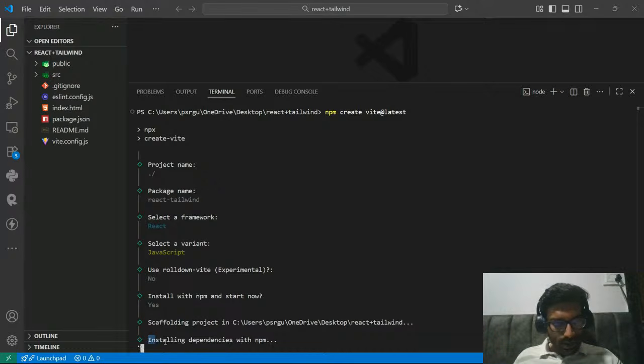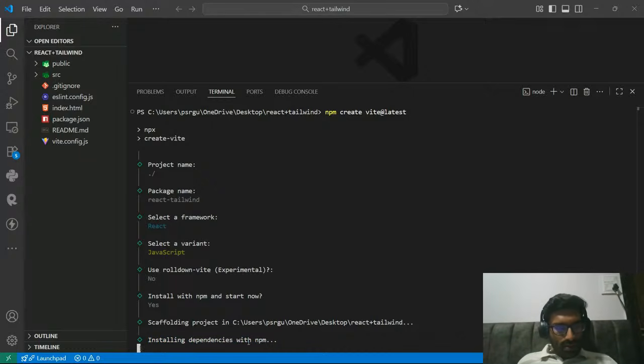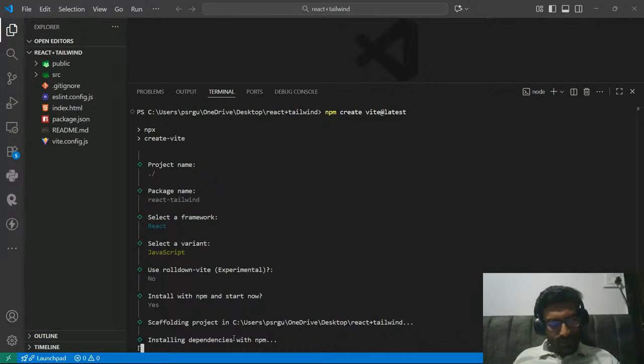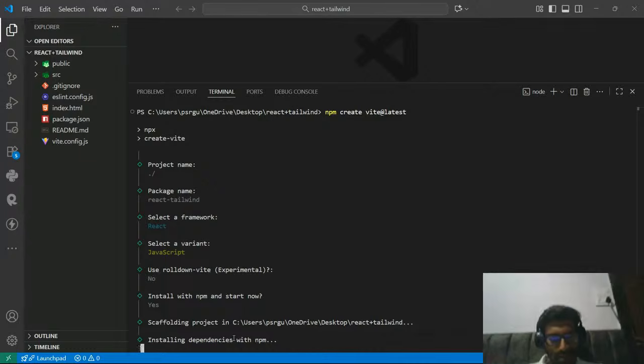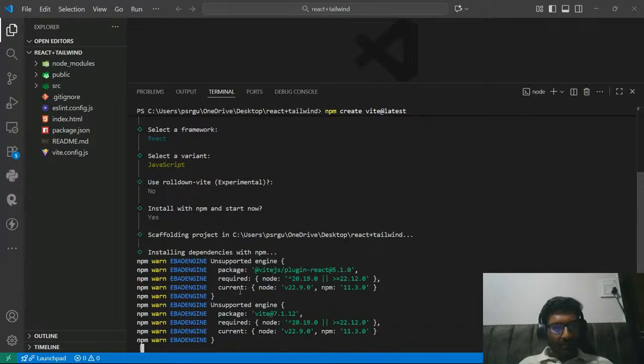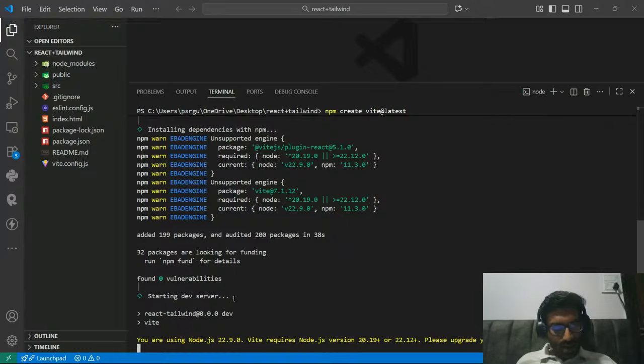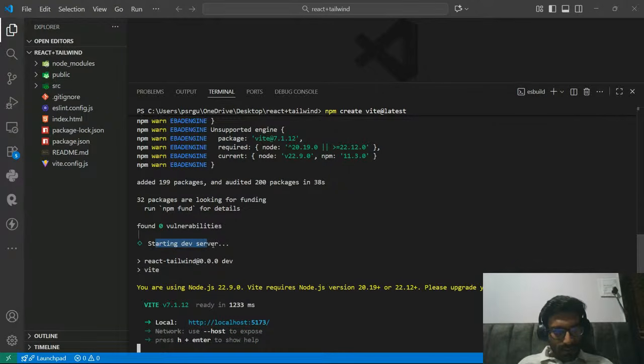You can see it is installing all the packages from npm, and it will also start my project. In a moment we will get one link, and with that link we can open our application. You can see my development server has started.